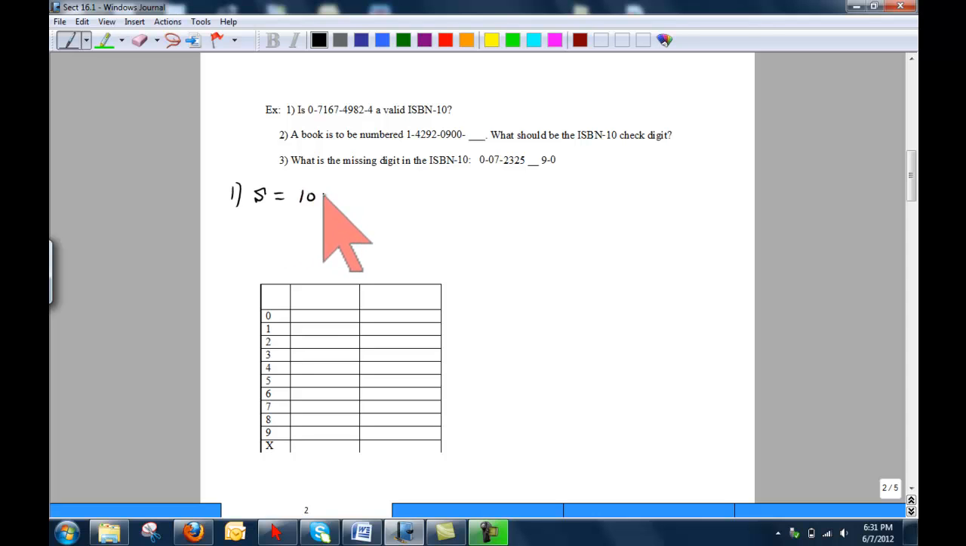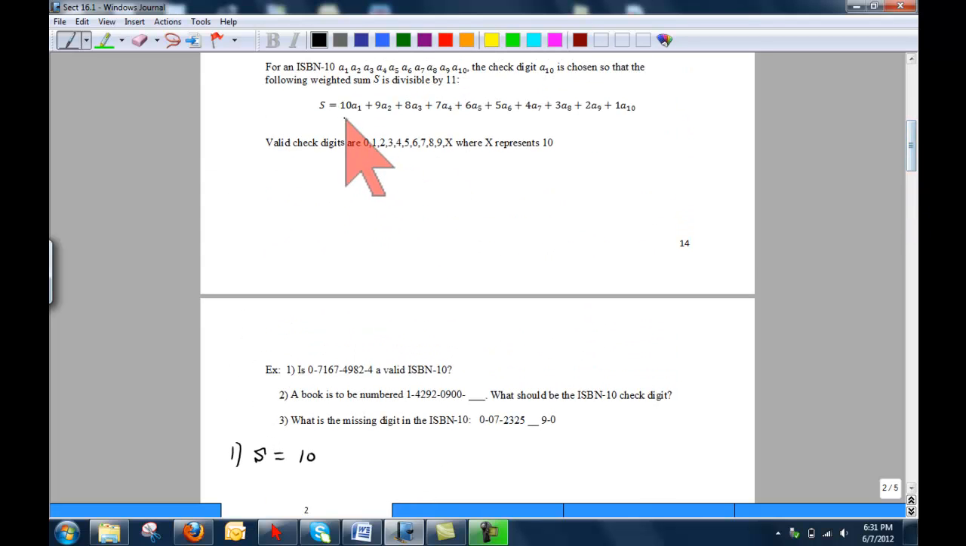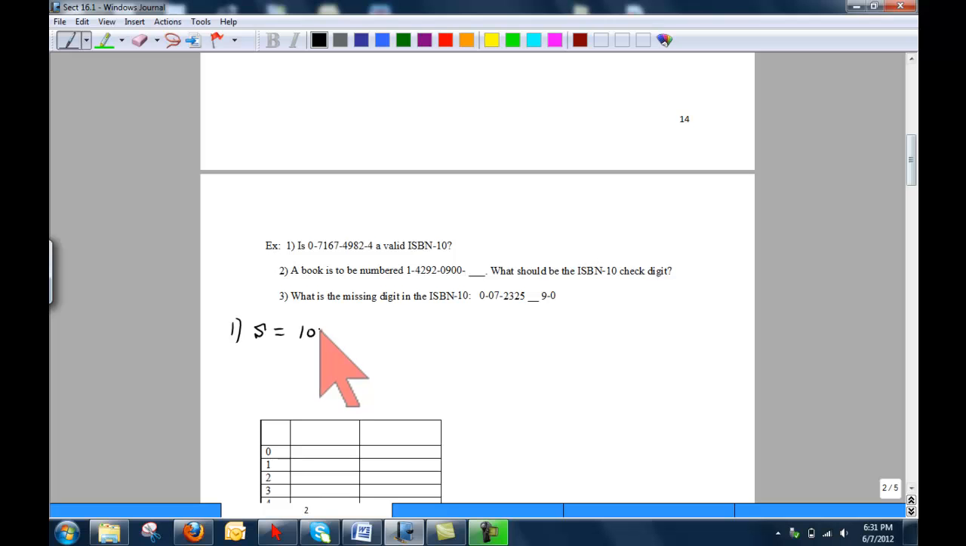10 times the first digit. I'm looking at this. It's 10 times the first digit plus 9 times the second digit plus 8 times the third digit and so on. So 10 times, I'll put a dot for times, the first digit is a 0, plus 9 times the second digit is a 7, plus 8 times 1 plus 7 times 6 plus 6 times 7 plus 5